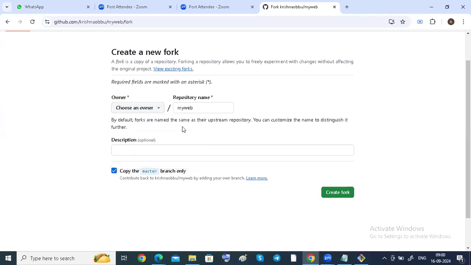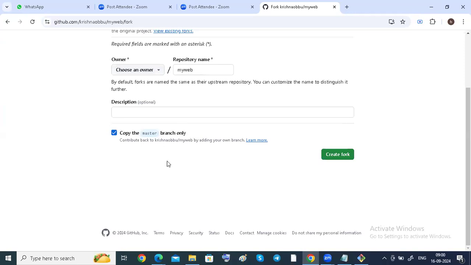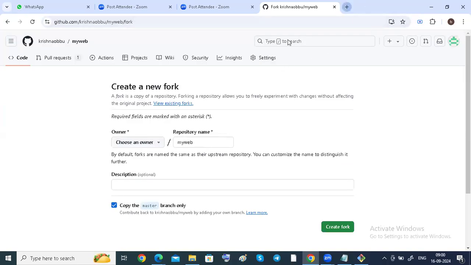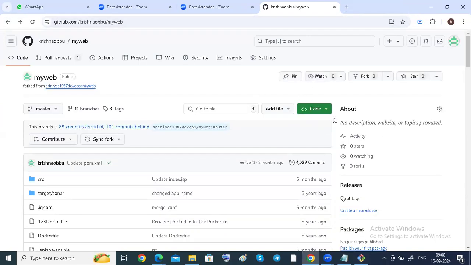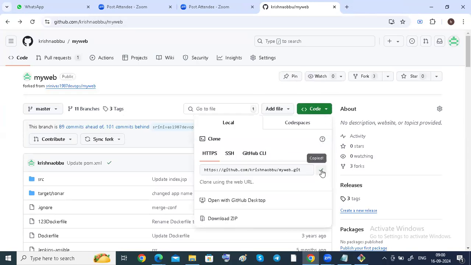Create a link; the description is optional. I'm going to provide my link to you, because it is public, guys. I'm going to give you my web link, and you can paste it and fork it also.